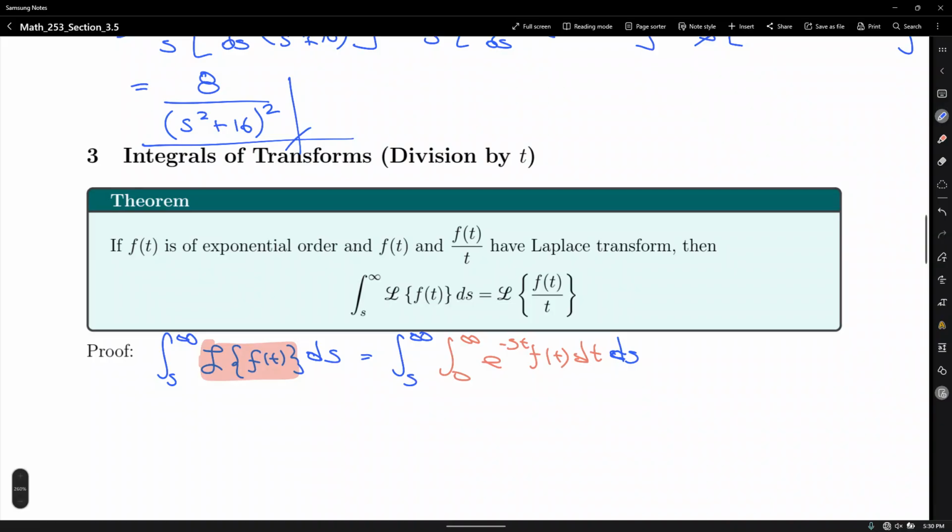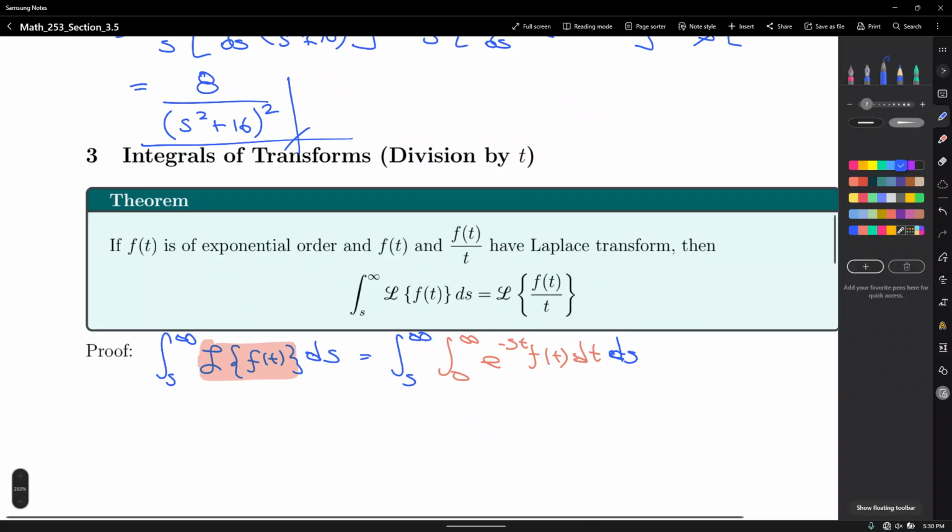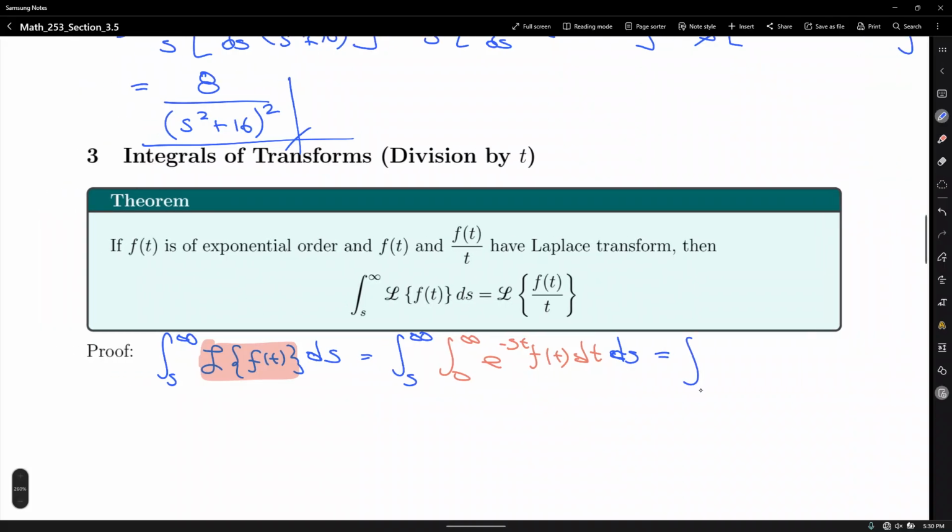I'm going to interchange the order of integration here: 0 to infinity and s to infinity, and the same integrand e to the negative st f of t ds dt. Okay, do you guys agree that we can integrate with respect to s, because this function of t is a constant,